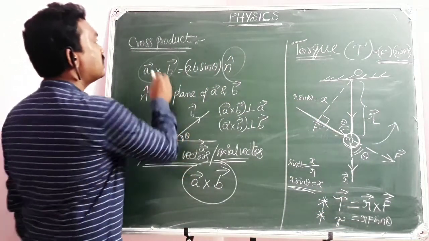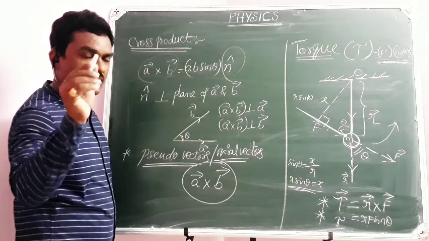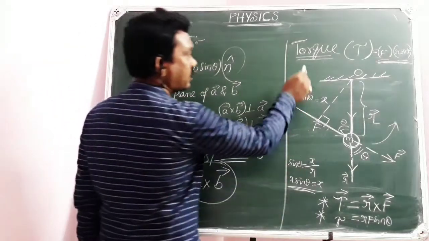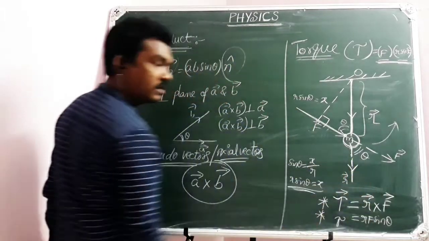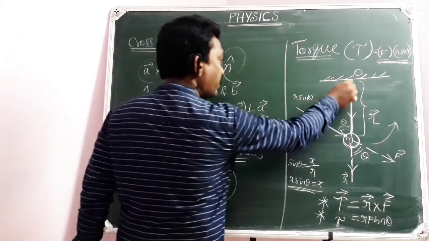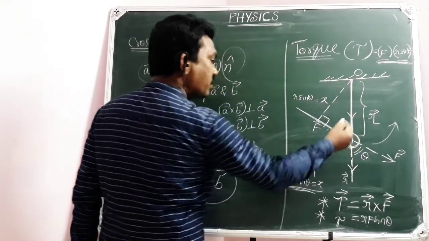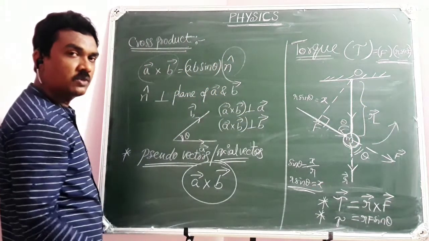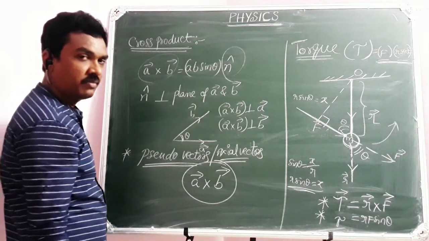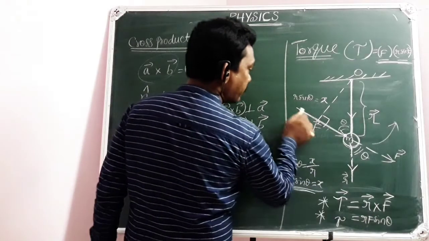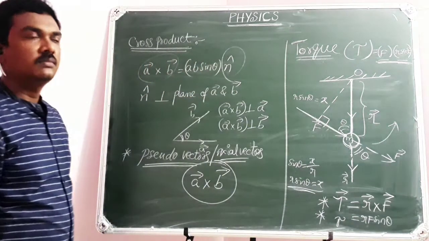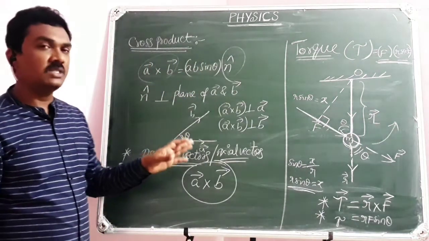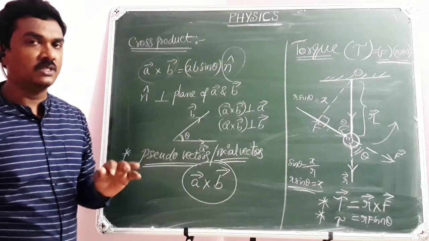So when you are learning the cross product or vector product, the first example in physics is torque, which is the cross product of r bar and F bar. r bar is the position vector of the point where you are applying the force, which is the point of application. F bar is the force vector, the applied force vector that you are applying on the mass. This is all about torque, which is an example for cross product in physics.